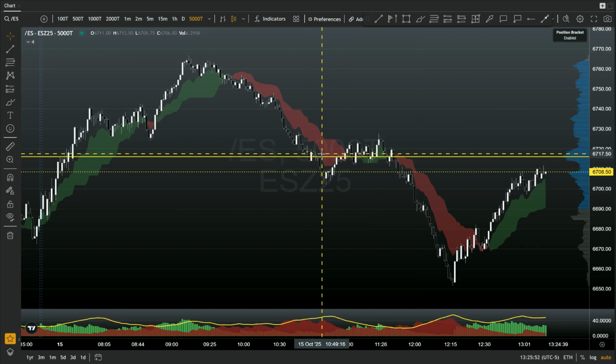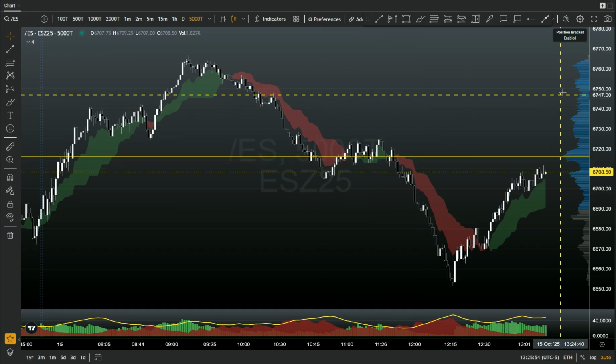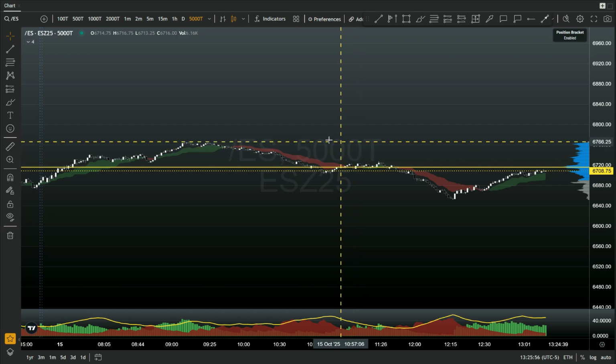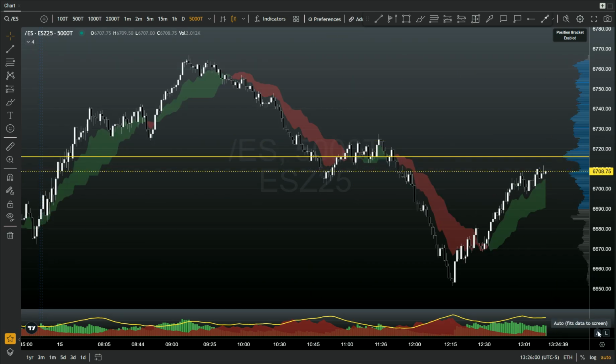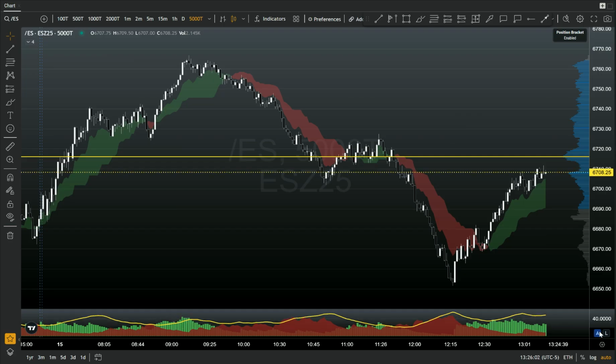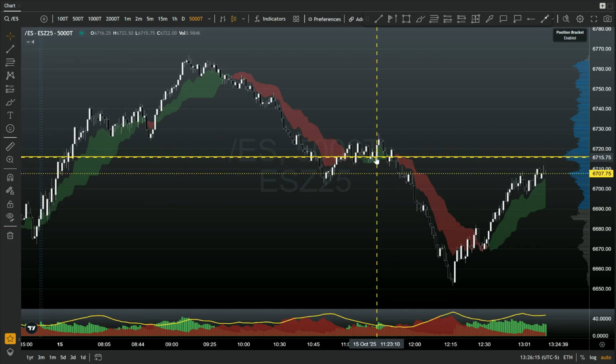This being a 5,000 tick chart, it means that when 5,000 transactions have happened, and that is a transaction being between a buyer and a seller, it doesn't matter the amount of contracts, that would be classified as volume. Then once 5,000 transactions happen, the candle will plot, and it will plot just like a regular time-based candle or